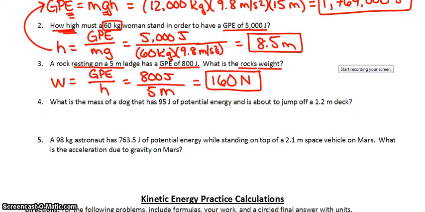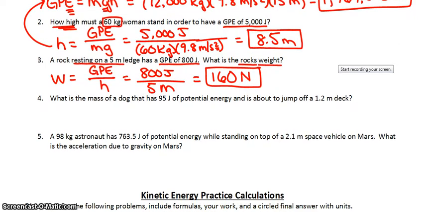Let's move on to number 4. What is the mass of a dog that has 95 joules of potential energy and is about to jump off a 1.2 meter deck? What do we ask ourselves? What do they want us to find? What is the mass of the dog? So we know m equals, we need to find our formula. Again, go look at your formula page. You should get mass equals GPE divided by